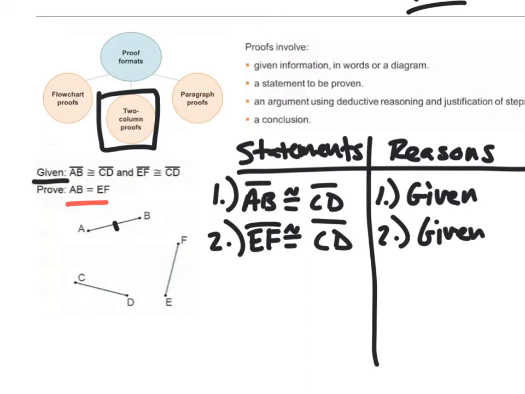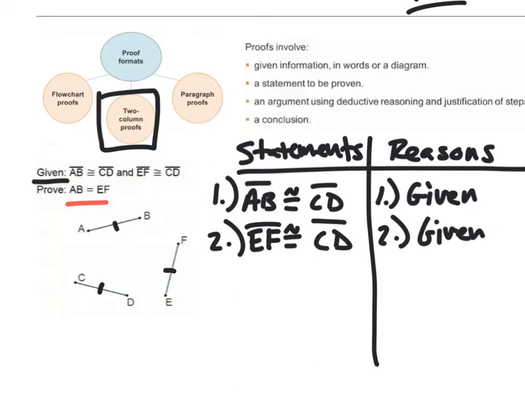So I'm going to draw little tick marks there on my little paper, because not only does it tell me in words, but I can draw pictures to accompany those words. And then I also know that EF is congruent to CD. So if this has one tick mark on it, I can put a tick mark on this side. That also means AB is congruent to